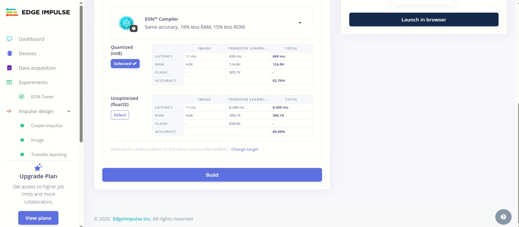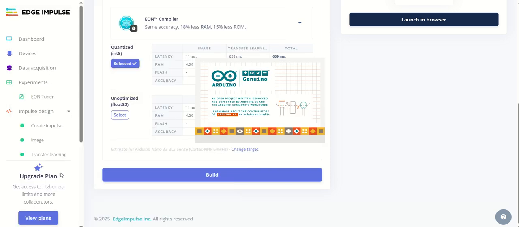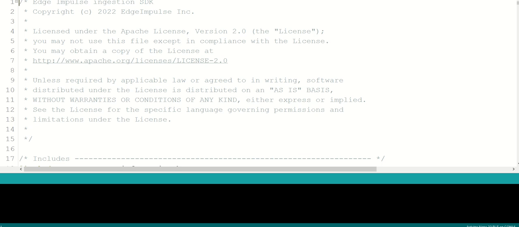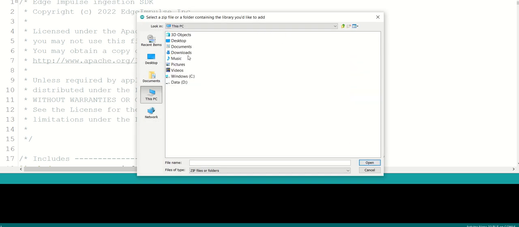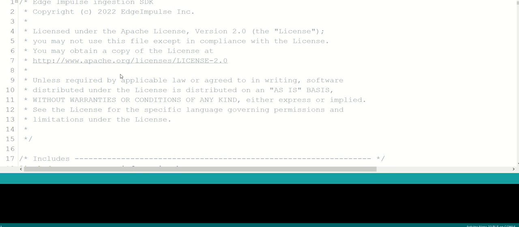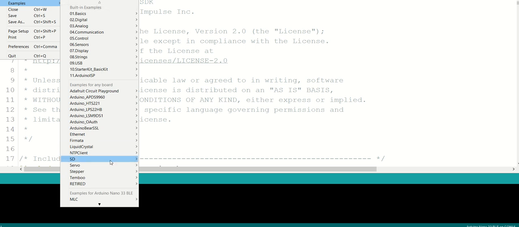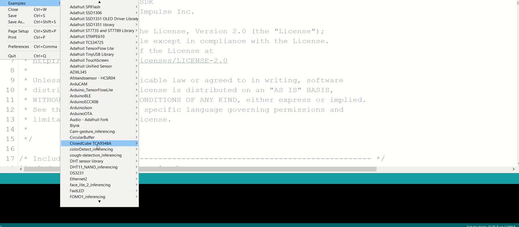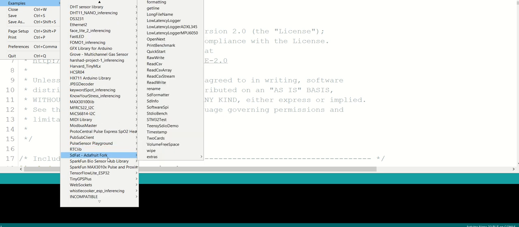Okay, now next step, once you download the zip file, we have to use it as a library. So go to the Arduino. From the sketch, go to include library and click on add zip library. If you click on add zip library, go to the downloads, select that file, and it will be considered as a library over here, and it will be available in the examples. So go to the section of examples, select the particular example, that is gesture